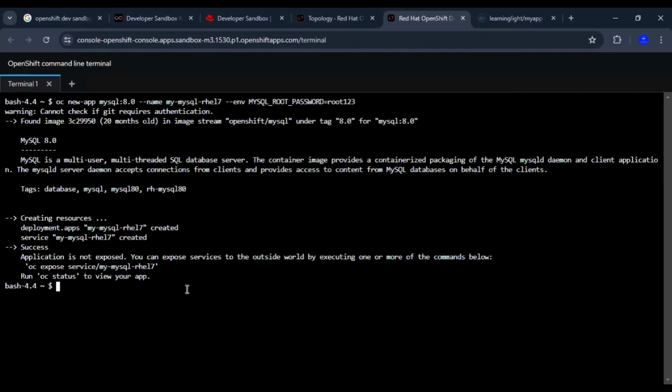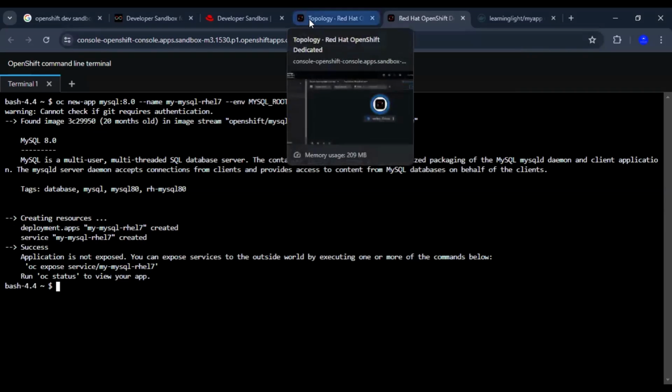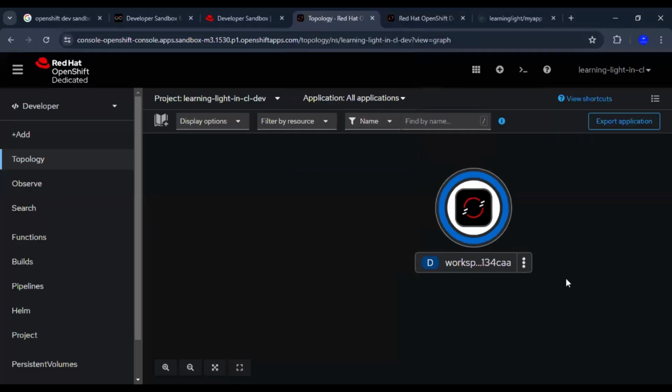If we do so, we can see our MySQL database is deployed